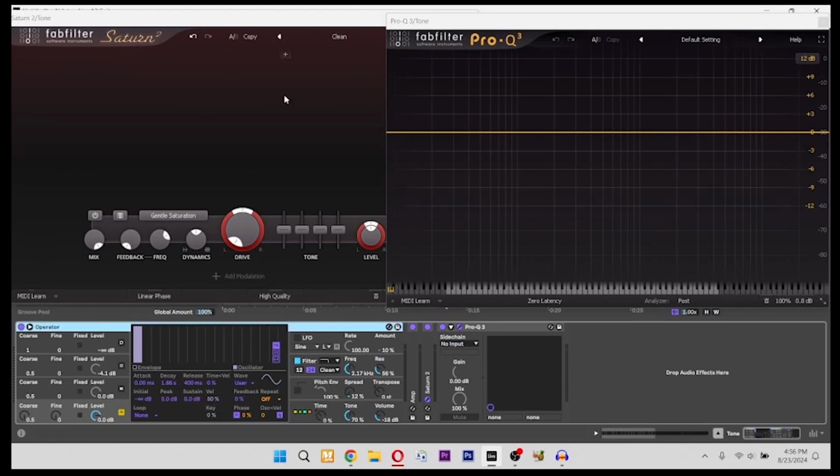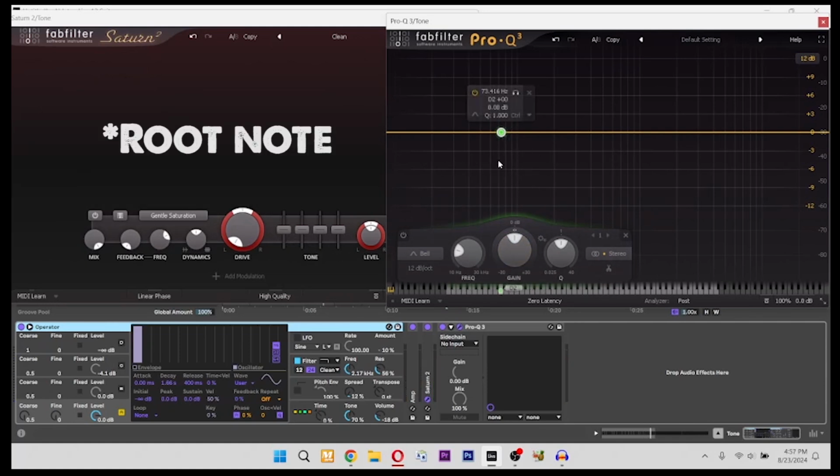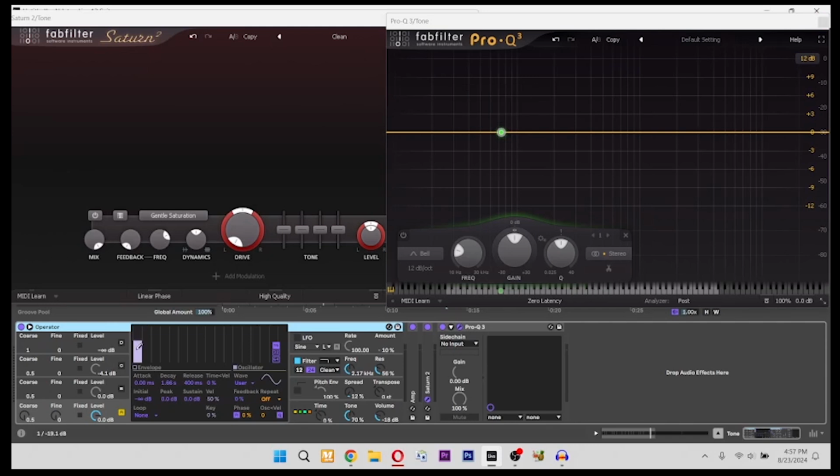So let's jump right in. Okay, so coincidentally enough, the fundamentals of sound design come from the fundamental of your sound design. So if I hit the space bar here, we got a D note, and this is going to be your fundamental, the lowest note in the key that you're in. Harmonics and fundamentals are going to make up a majority of the vibe you're going for, or the mood that you're trying to set with whatever sound you're trying to create. So if we have this being the fundamental,